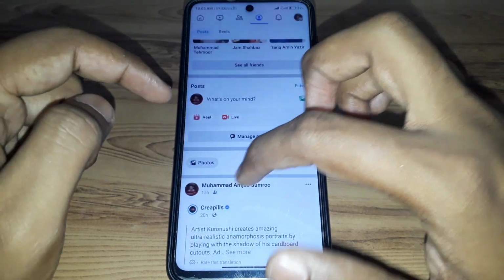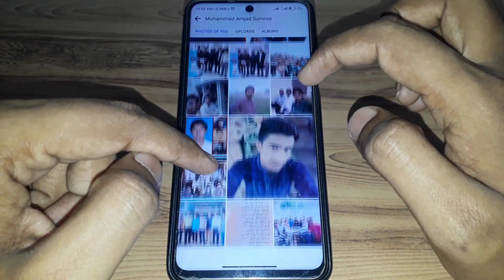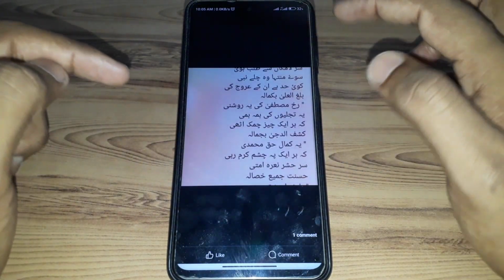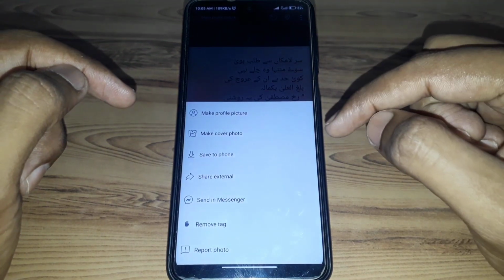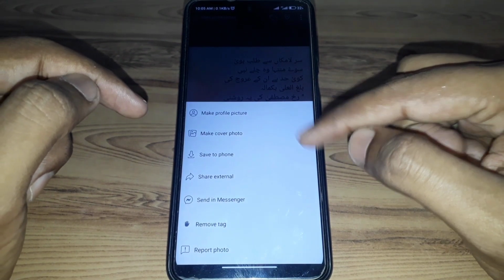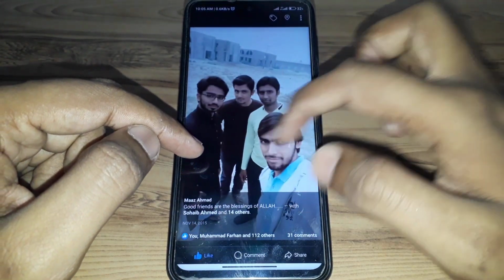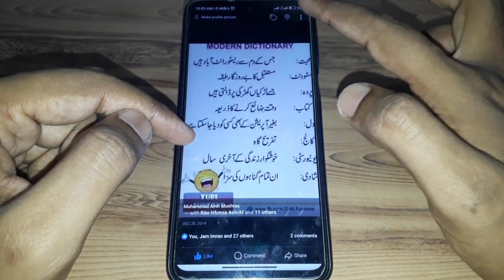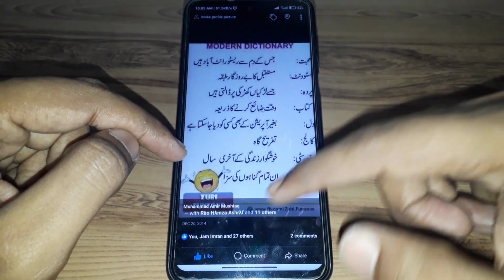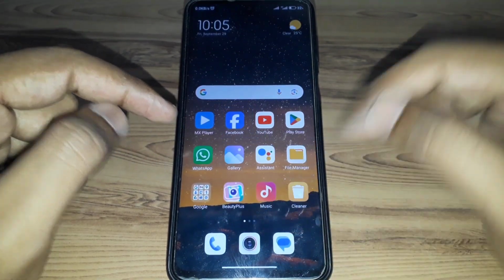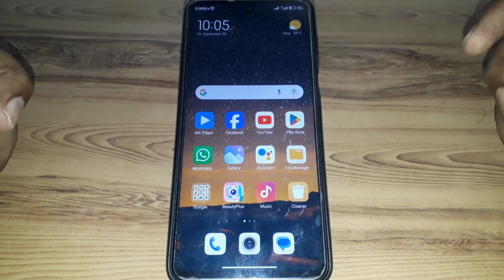but there is an option available that you can simply hide any random photo of you, which means if you want to simply hide any of your photos, then you can simply click on three dots, and here you can find the option. In this way, you can simply hide one of your photos,